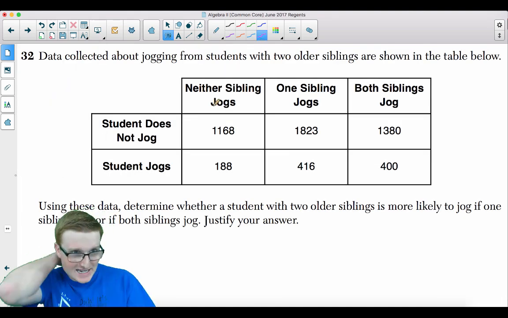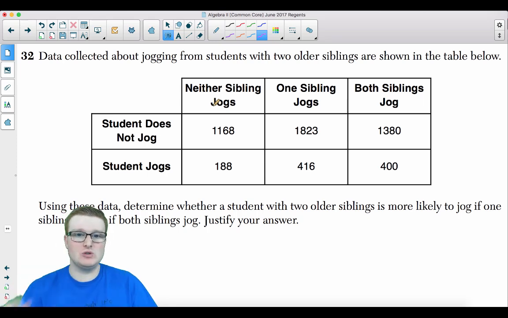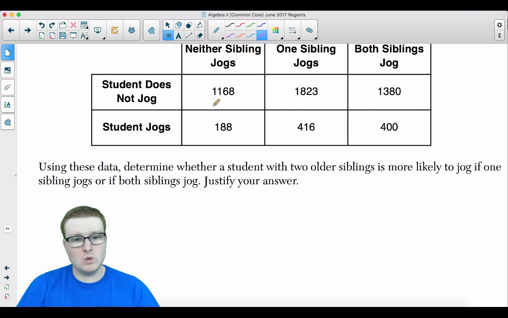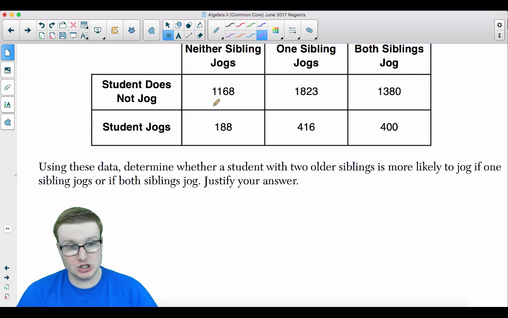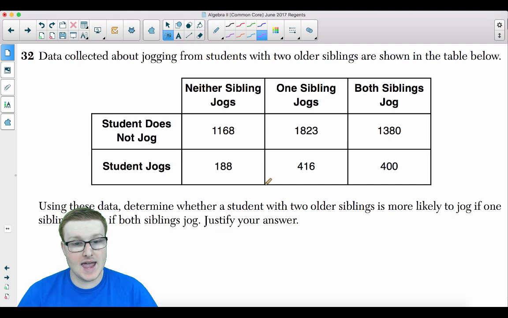Number 32 says, data collected about jogging from students with 2 older siblings are shown in the table below. Using these data, determine whether a sibling with 2 older siblings is more likely to jog if one sibling jogs or if both siblings jog. Justify your answer. So what I'm going to do is add these up. So I'm going to add this number over here plus this number over here. And we got